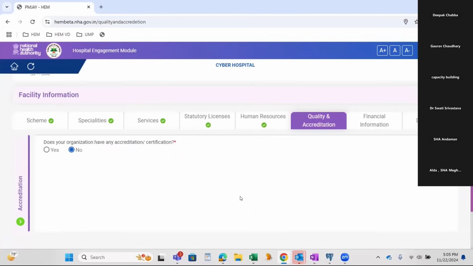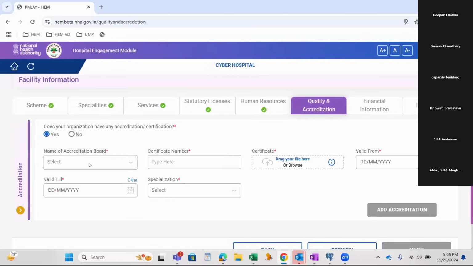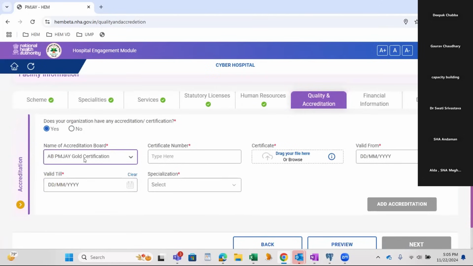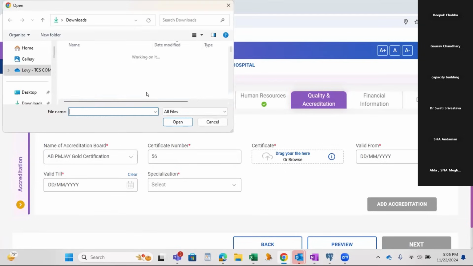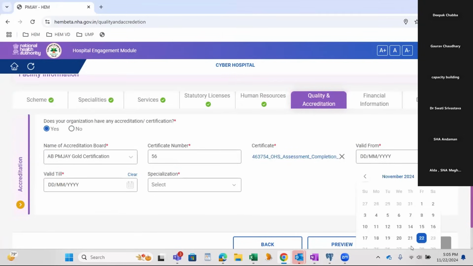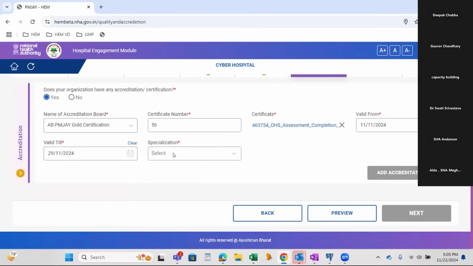This is the quality accreditation. Does your organization have any accreditation? I click on yes. We will fill all the accreditation details. I select one of the accreditations like PMJAY Gold certification. Enter the certification number. This is valid from, valid till, and again a specialization for the certification.